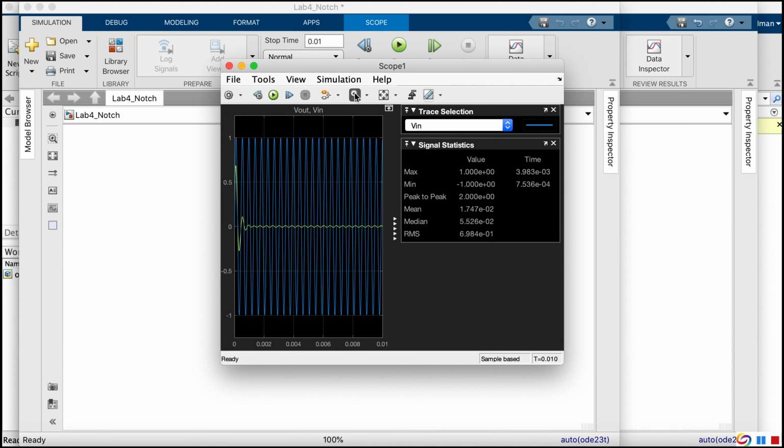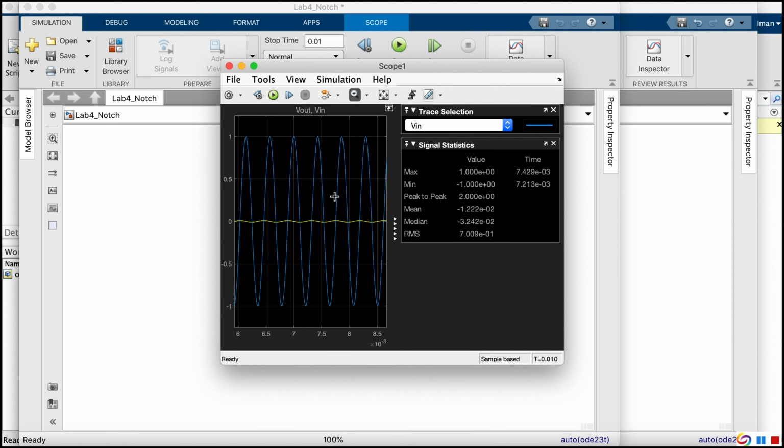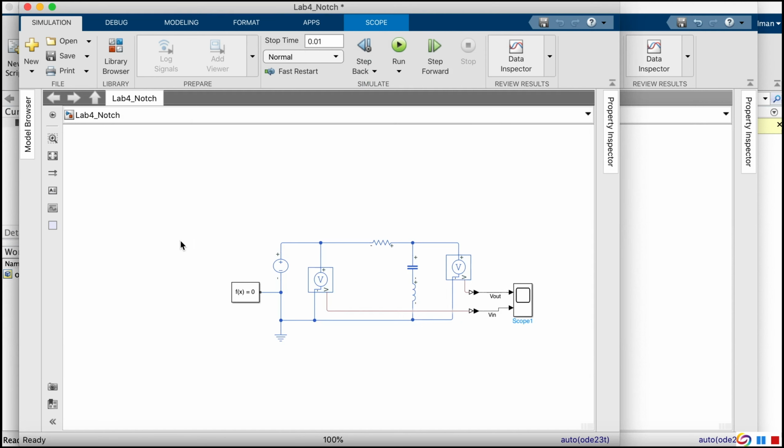So we have to zoom in here to see our waveforms. The blue waveform is the input and the yellow is the output, and as you can see, yellow is trending towards 0. So if I change this to V out, you'll see that the maximum value of that AC is very small. But in order to get an even more accurate result, you can just go here